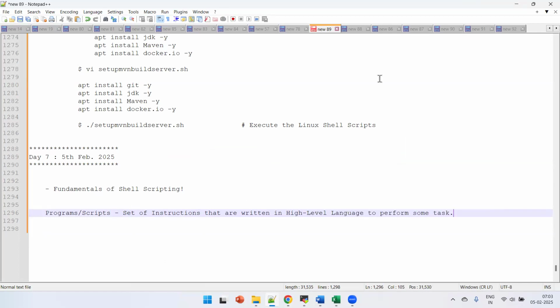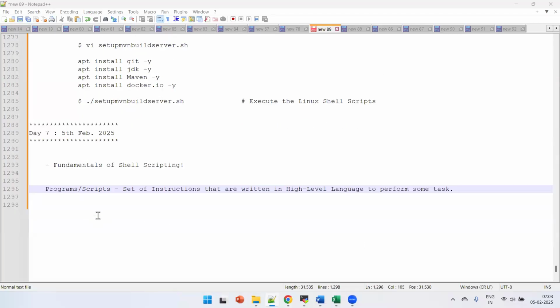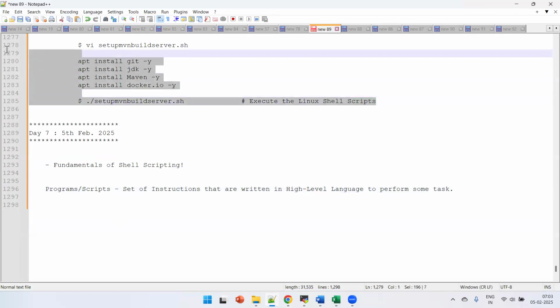That's it. So any program or script is nothing but a set of instructions written in a high level language to perform some task. If it is a shell script, it should be saved as .sh, and